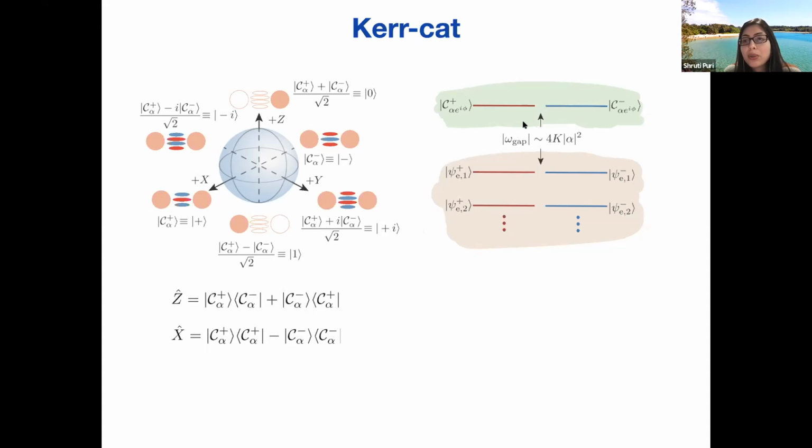So on the right hand side here, I have the Hilbert space structure of this Hamiltonian, and you see that the cat plus and cat minus states are the degenerate eigenstates, and they're separated from the rest of the Hilbert space by a large energy gap. The energy gap increases with the number of photons you put in and the nonlinearity. And this energy gap is what lets you